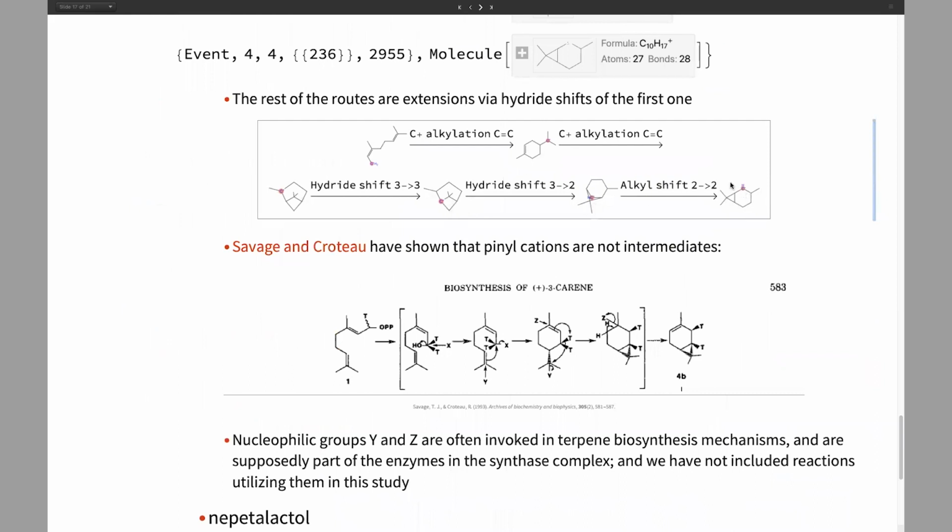They've actually done labeling experiments for this one, and it turns out that this is not the pathway that's followed, but it first forms this structure here, but then the rearrangements that occur based on labeling with tritium to find out how the atoms are actually moving around. They've hypothesized that there are some nucleophiles. These are parts of the enzyme that like a positive charge or double bonds, and they come in here and